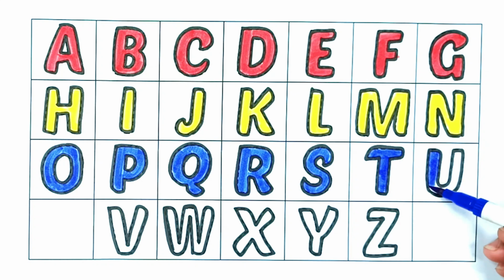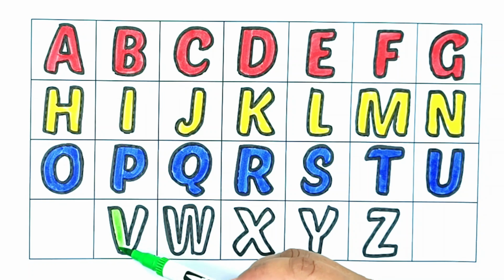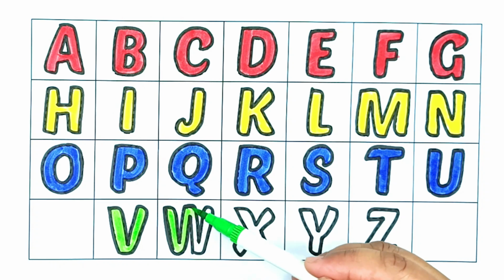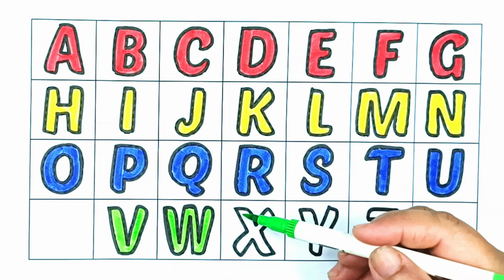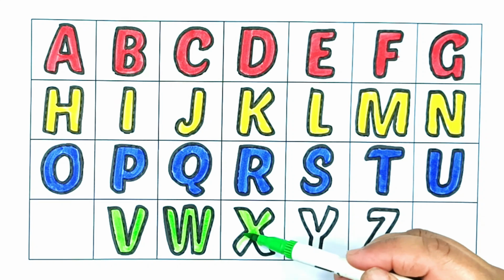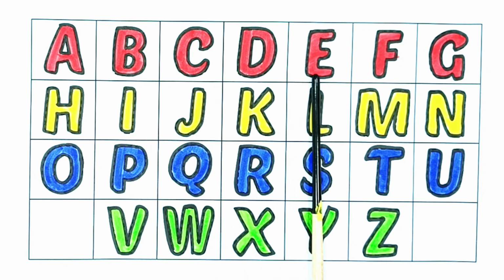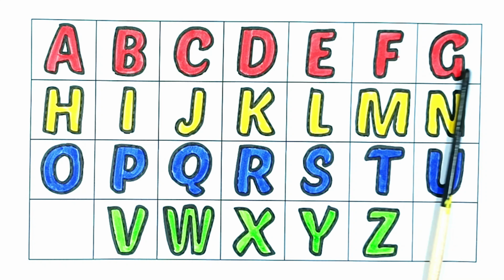U for umbrella, V for van, W for watch, X for xylophone, Y for yacht, Z for zebra. A, B, C, D, E, F, G, H,